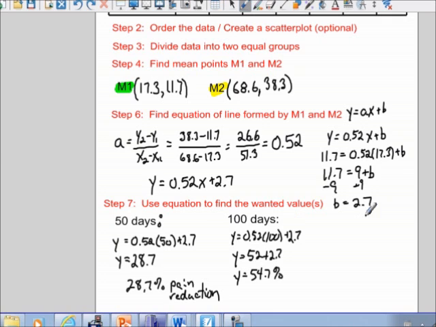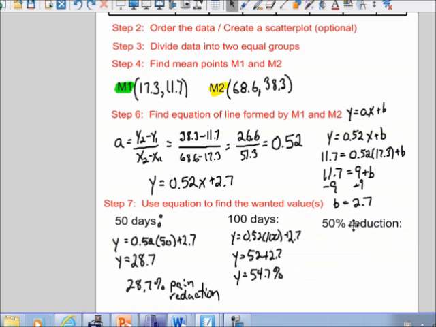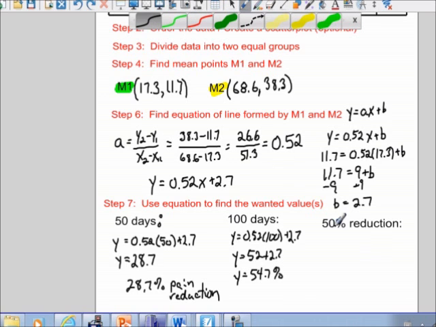And then the last one that we looked at was, well, how long would it take for us to expect to have 50% reduction. And in this case, the only difference here is that the 50 refers to our y value. So again, I'm just going to put that in for y. 0.52x plus 2.7, and so we subtract 2.7 from both sides, and we get 50